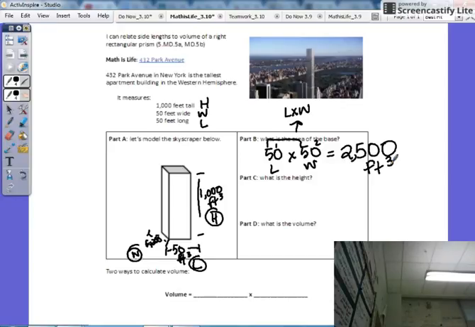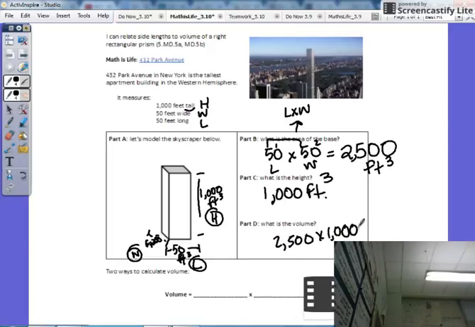What is the height? The height is how tall the building is. Just like if they ask you what your height was, you might be 4 feet 8 inches or so. So we all know 1,000 feet tall is how much height it is in the building. Now to the good part. What is the volume? Well, we know what the base is, and we know base times height will give us volume. So I could depict that by saying